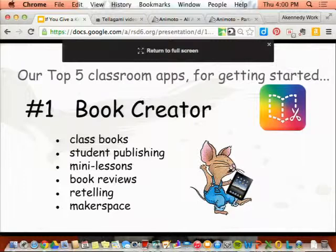And you can use Book Creator. We used several different Book Creator apps until we found this one. And the reason we loved it so much was because they can narrate it, and you can actually hear their voices, and it's so much more powerful that way. Older kids, we were talking about earlier, if you're up to 2nd, 3rd grade, they can create their own books. We did it as a class book, but you could use it for student publishing. You could do it for mini lessons,